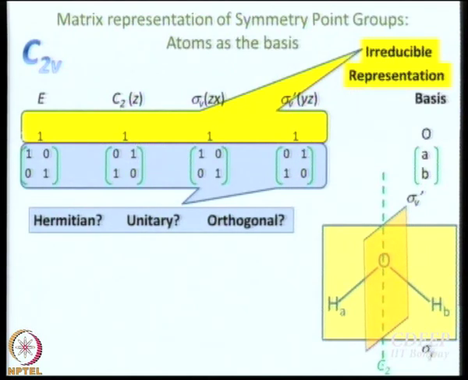[1 0; 0 1] is of course a very boring unit matrix, but [0 1; 1 0], is it a Hermitian matrix? Is it a unitary matrix? Is it an orthogonal matrix? Let us work it out. What is the transpose? Well, if it is unitary, then it will be orthogonal, of course, right, because it is a real matrix. So, first let us work out the transpose of [0 1; 1 0]. What is the transpose? It is the same. So, A equals A dagger or A transpose, what would you call it? Hermitian. So, yes, it is Hermitian.